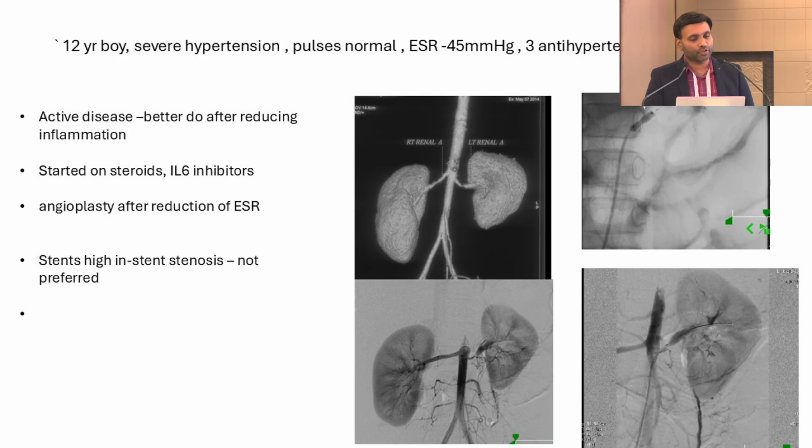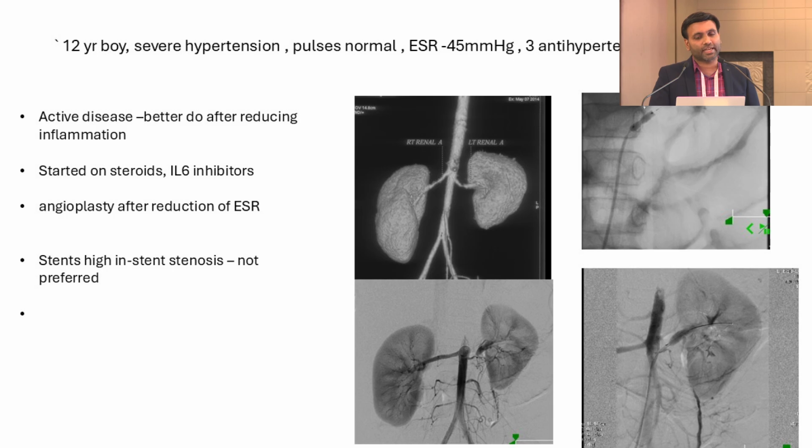In this case, there was a 12-year-old boy who had severe hypertension and elevated ESR. He was on 3 antihypertensives. You can see there is renal artery stenosis, and elevated ESR is likely to indicate an inflammatory cause of renovascular hypertension. So you must look for Takayasu. You can look for Kawasaki, though the age is slightly higher for Kawasaki disease, and polyarteritis nodosa can sometimes happen. In this case, it was diagnosed as Takayasu based on his clinical findings and other findings.